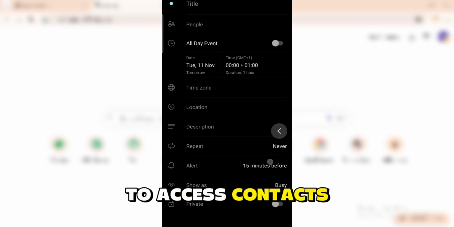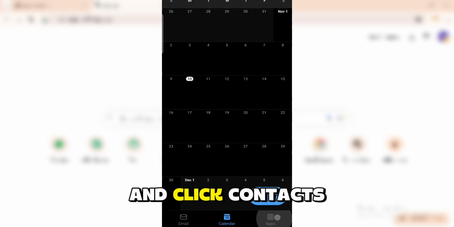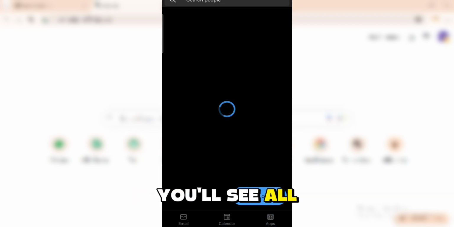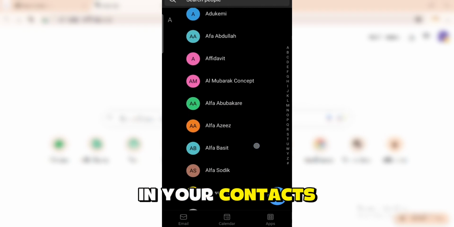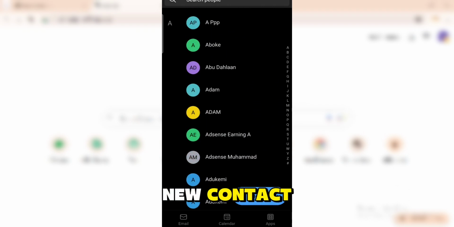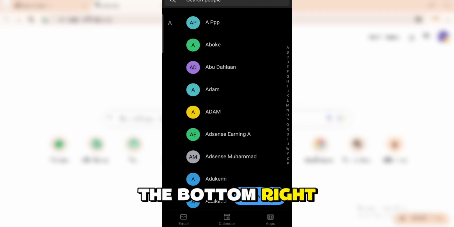To access contacts, go to Apps and click Contacts. You'll see all the people saved in your contacts. If you want to add a new contact, just tap the plus sign at the bottom right and fill in